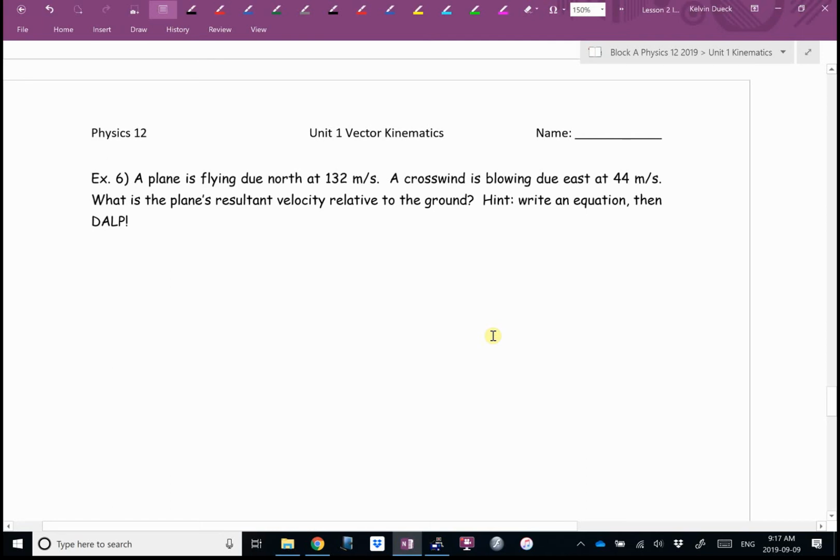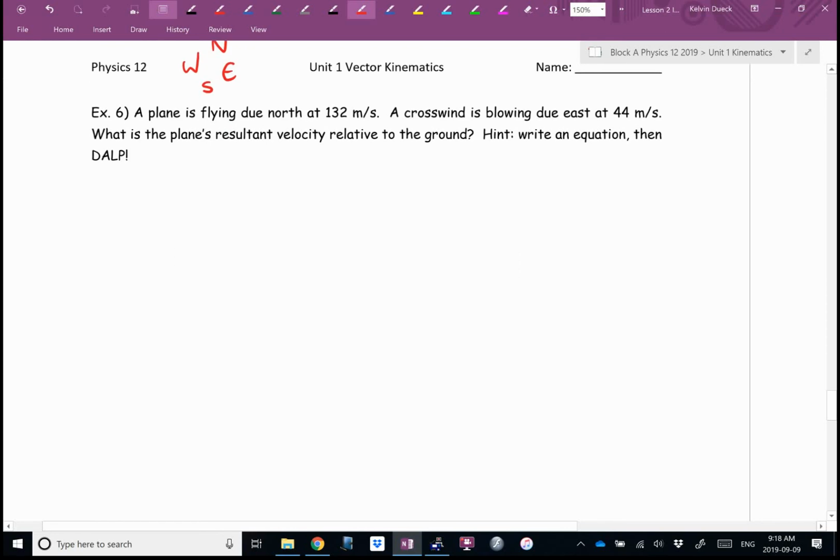I just turned the page, so I'm going to do a compass rose. A plane is flying due north at 132 meters per second. A crosswind is blowing due east at 44 meters per second. What's the plane's resultant velocity relative to the ground? Hint, I wrote, write an equation, then DOLP. If you look at your formula sheet,